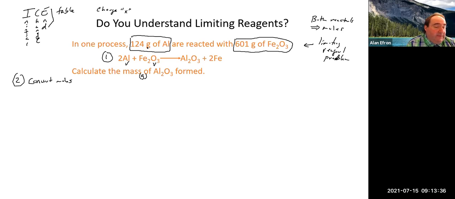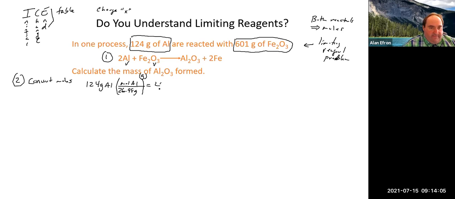So in this case, we have 2 things to convert into moles. We have 124 grams of aluminum. We would need to go to the periodic table and look up aluminum. And we see on the periodic table that aluminum is 26.98 grams per mole. That will give us our starting amount for aluminum in terms of moles, 124 divided by 26.98,